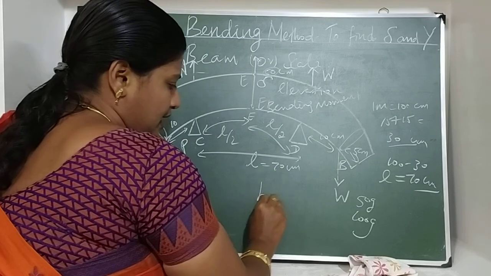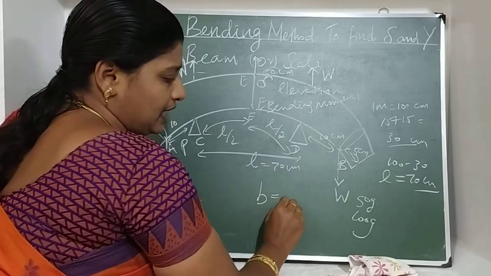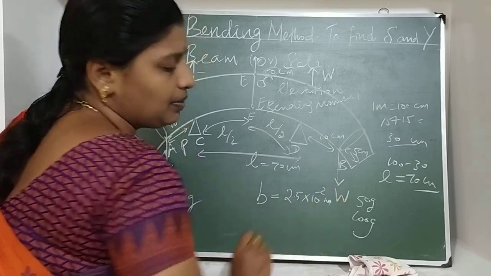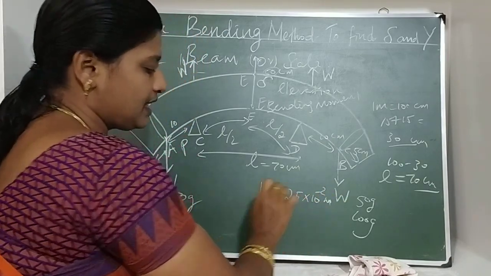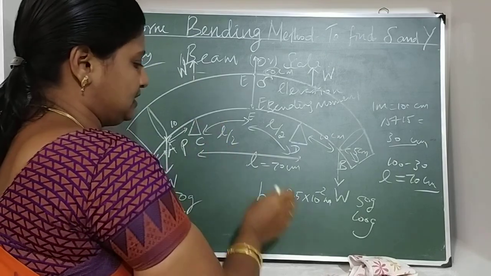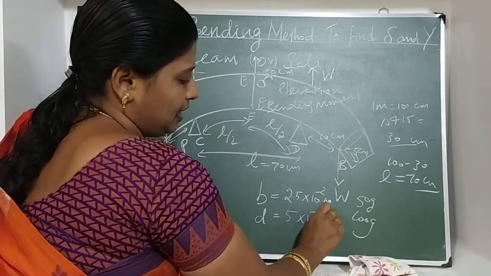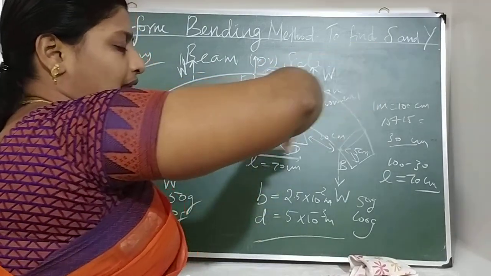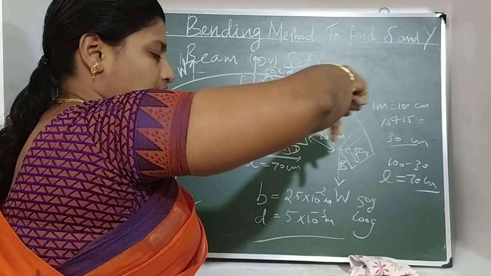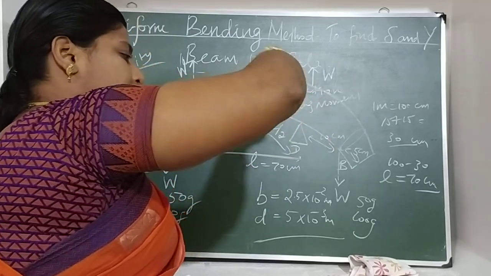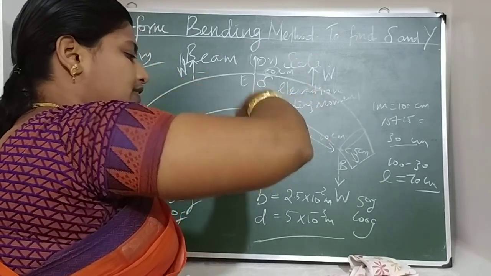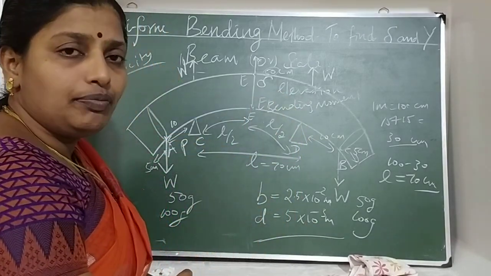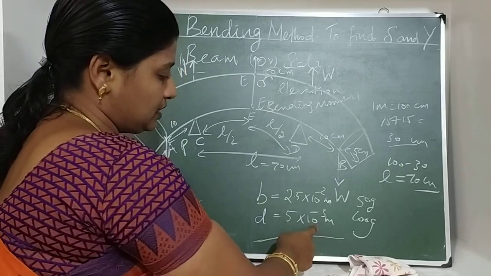Breadth of the scale using Vernier caliper, for example 2.5 centimeter, ma'am. That is 2.5 into 10 power minus 2 meter. Thickness of the scale, ma'am. This is the wooden scale thickness, 5 into 10 power minus 3 meter. This wooden scale is a rectangular bar. In the horizontal position, breadth is measured using the Vernier caliper jaws, and then the thickness is identified using the microscope reading. That is the thickness of the beam or scale. Millimeter conversion to 10 power minus 3 meter.